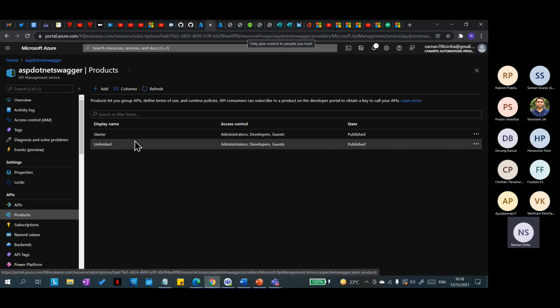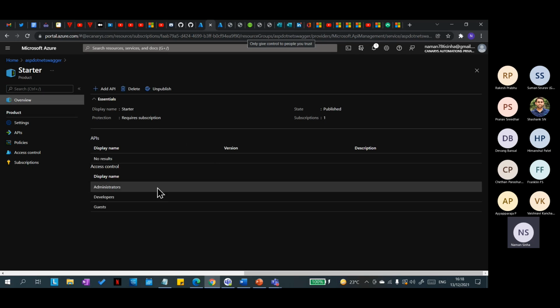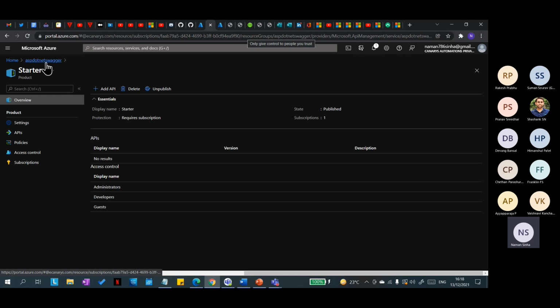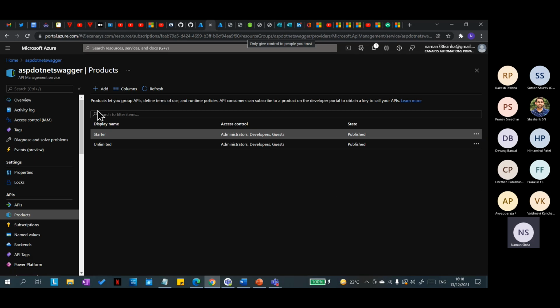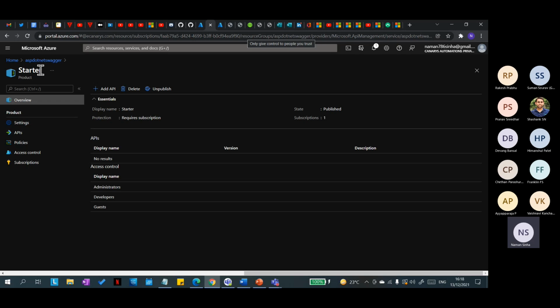A product is nothing but a logical collection of APIs. We can add some APIs to a product, and we can also add the same API to multiple products. For example, the product named starter comes by default with an API instance, and if I go to APIs,